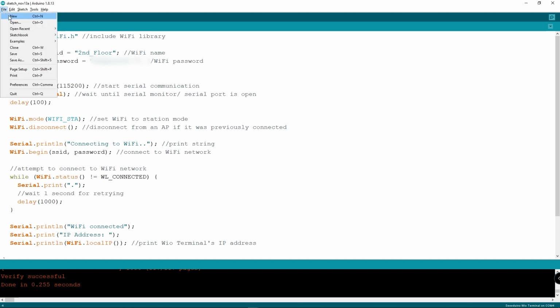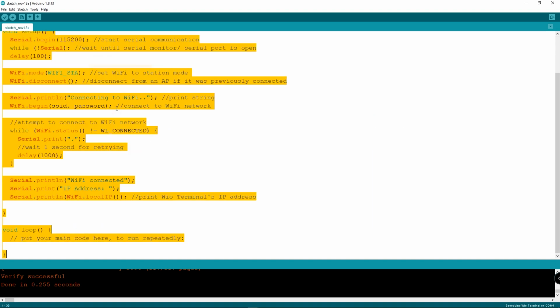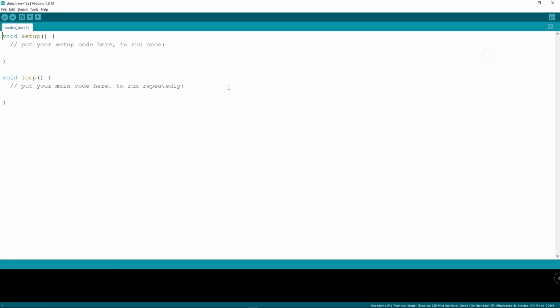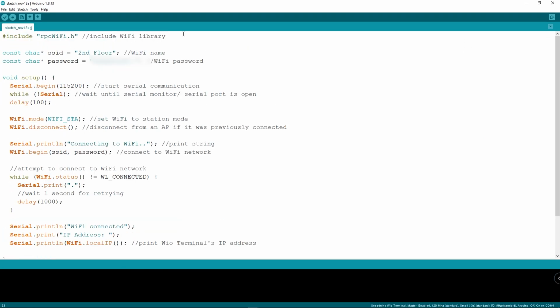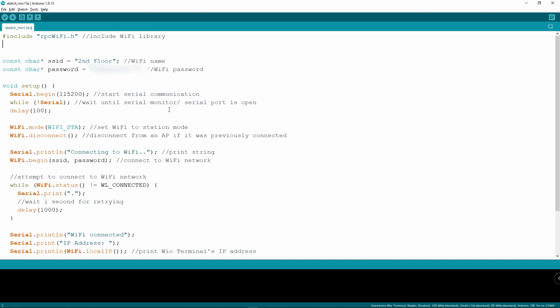So let's open a new Arduino sketch, copy this code, select all and copy, and then paste it here. After that, you need to include another library called WiFiMulti.h.